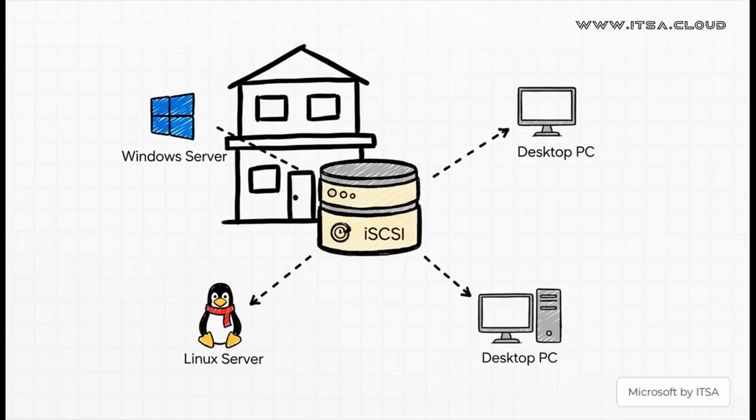And third, it's just awesome for consolidated storage. For like a small branch office that doesn't have a huge IT budget, you can use an iSCSI Target to serve up centralized, reliable storage for a whole mix of servers, whether they're running Windows, Linux, whatever. It is an incredibly cost-effective way to get shared storage.